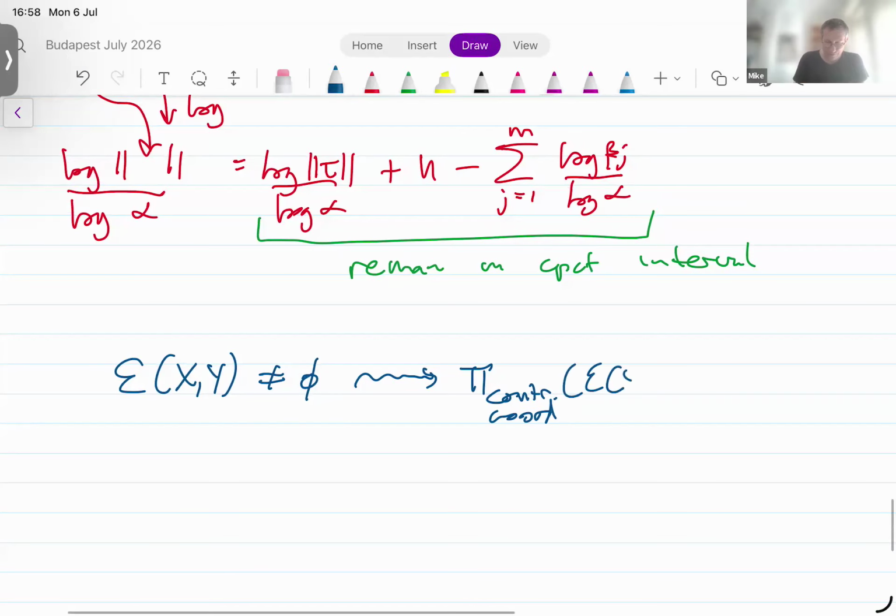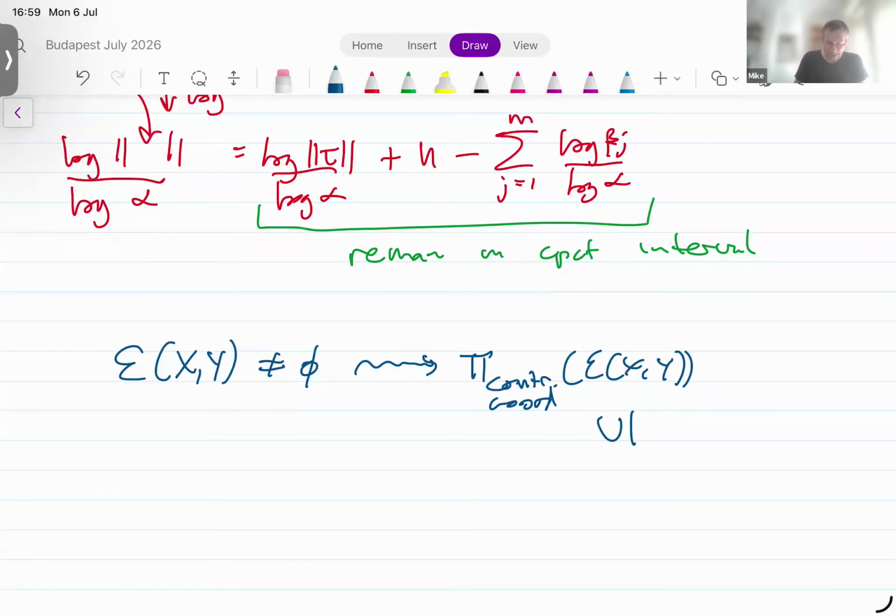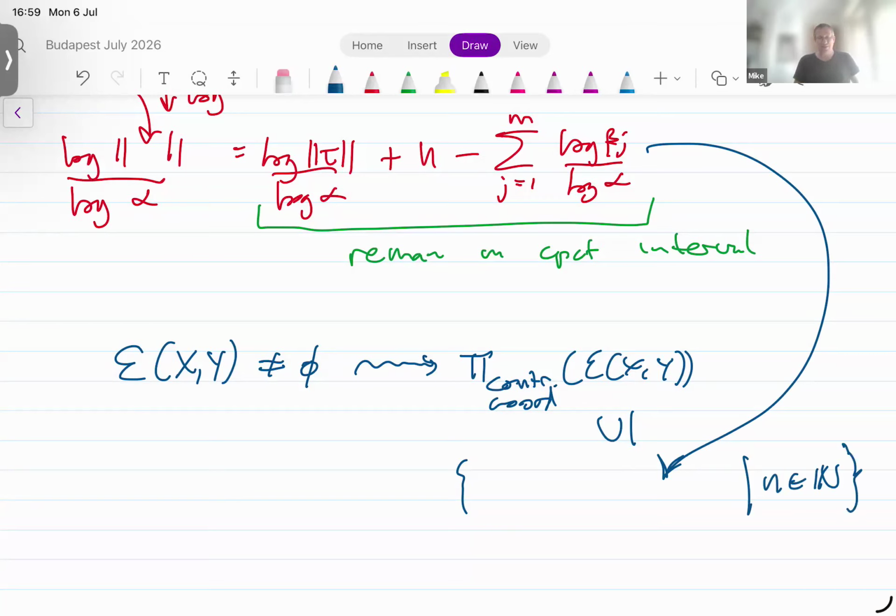If I project the space of embeddings to the contraction coordinate, then it contains a set of the form, whatever is written here, as n ranges over all the integers. I take longer and longer prefixes of this fixed sequence I. For each n, I rescale, I compose tau on the right with whatever the prefix determines. That determines what I compose with on the left. I get this